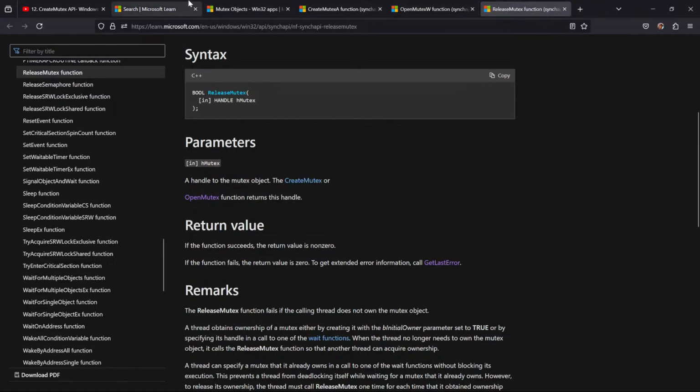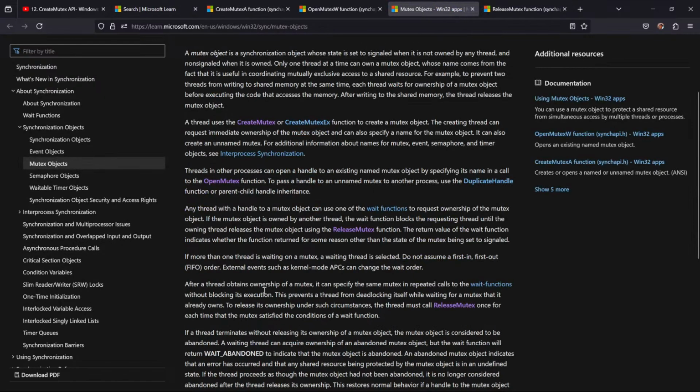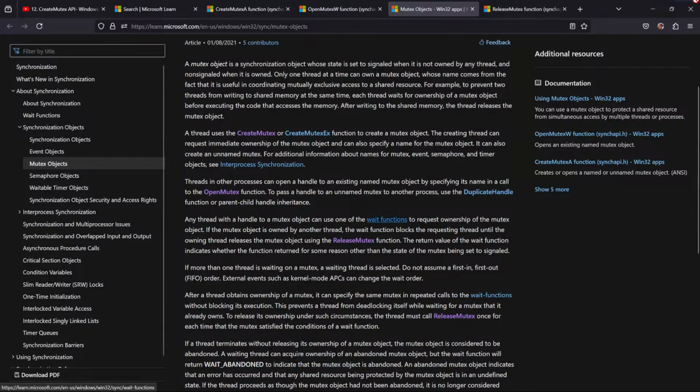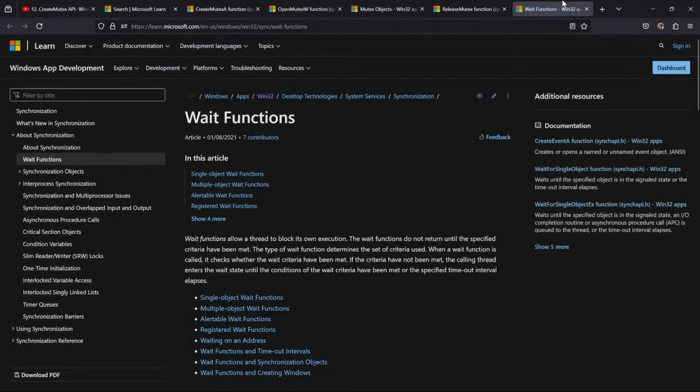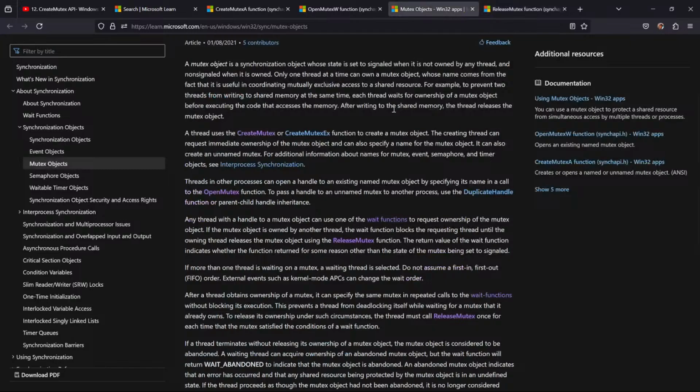Okay, I did not understand this clearly. Let me repeat it. So, any thread with a handle to the mutex object can use one of the wait functions to request the ownership of the mutex. If the mutex is owned by another thread,